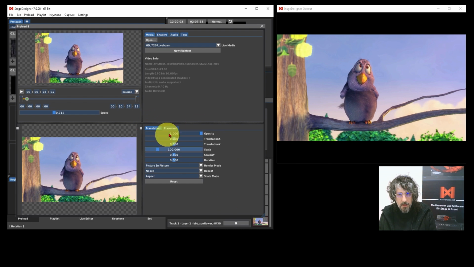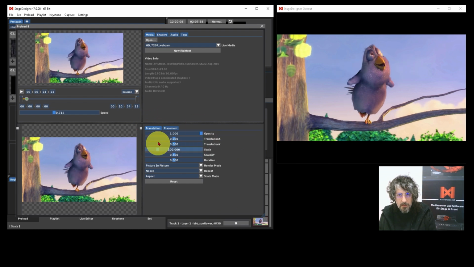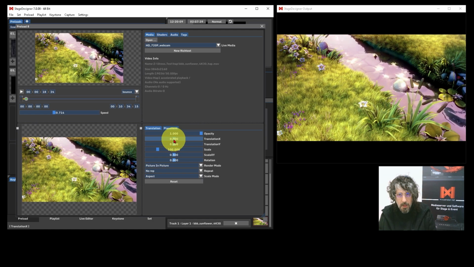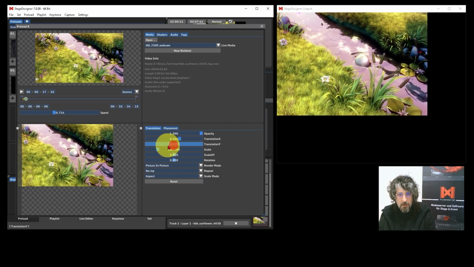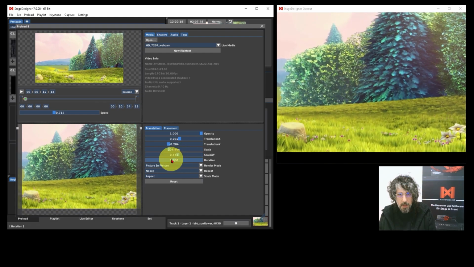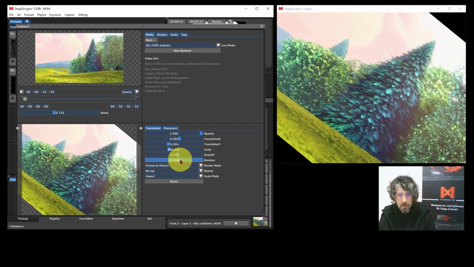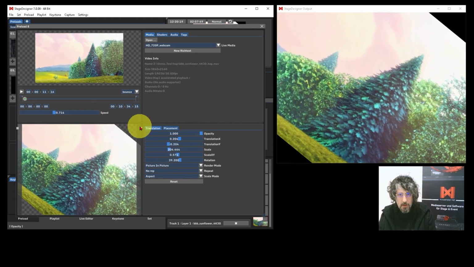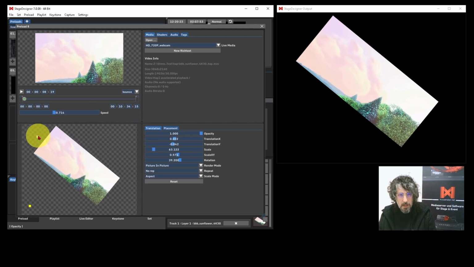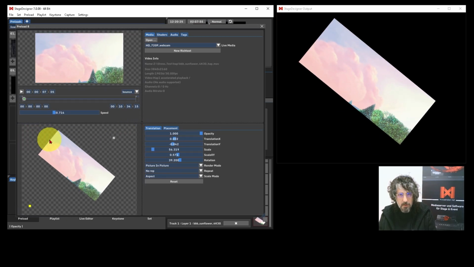Here to the right, I have the normal transform options available. And that is if I want to edit the video's position, I can scale them, I can adjust the videos how I want it, I can rotate them, and so on and so forth. I can also use these pivots to adjust and edit the videos and bring them to the position that I